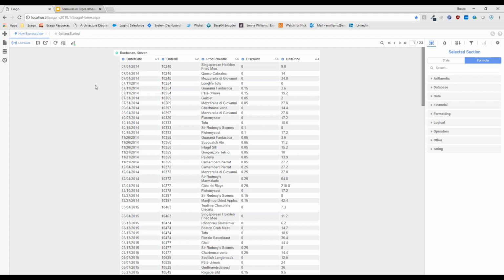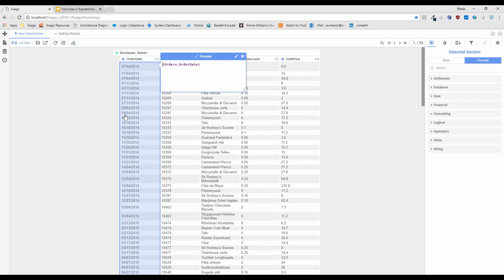What I can do instead is use a formula. Now, if I select this cell, this is really one cell to Exago holding this field that then repeats. I'm going to wipe the field that was already in there. We're going to start from scratch. And all I need to do is use my year function. Once I start typing, it does autocorrect to the year function because it matches the text that I've typed. Really helpful are the tooltips that accompany each function.